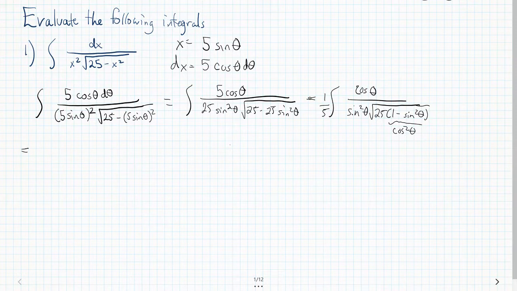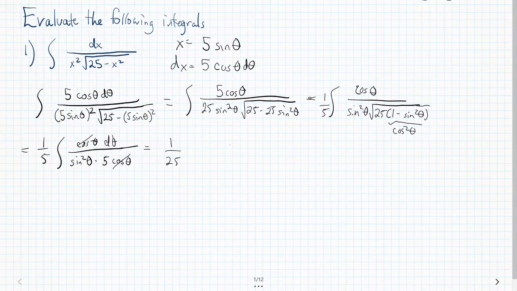This whole thing equals 1/5 times the integral. We have cosine theta. We have a sine squared theta, and the square root of 25 is 5, so we have 5, and then we have the square root of cosine squared, we'll just say is cosine theta. Technically there's an absolute value involved there, but we won't worry about that too much. So, oh, and I need the d theta hanging out up there. So what happens now? Well, we can pull that other 5 out, you get 1/25, and your cosines will cancel. You're left with the integral of d theta over sine squared theta,